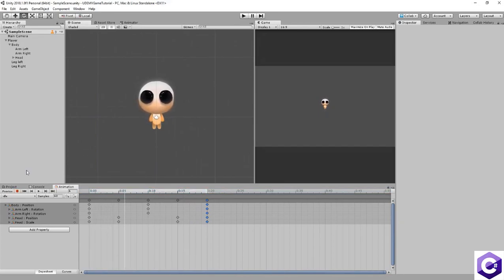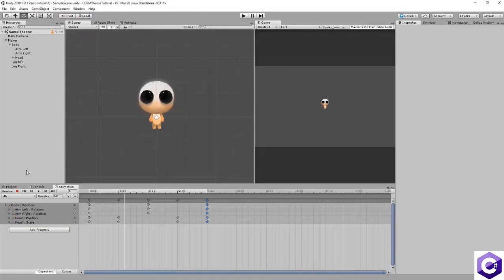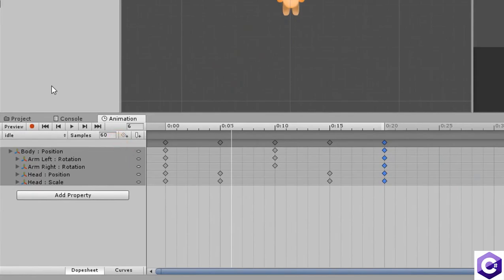Now of course your character may look very different from mine. Maybe he's an old man. If that's the case, then you want to make the animation slower, each keyframe more spaced out. Remember that to speed up or slow down your animation, you can tweak the sample's value or select all keyframes